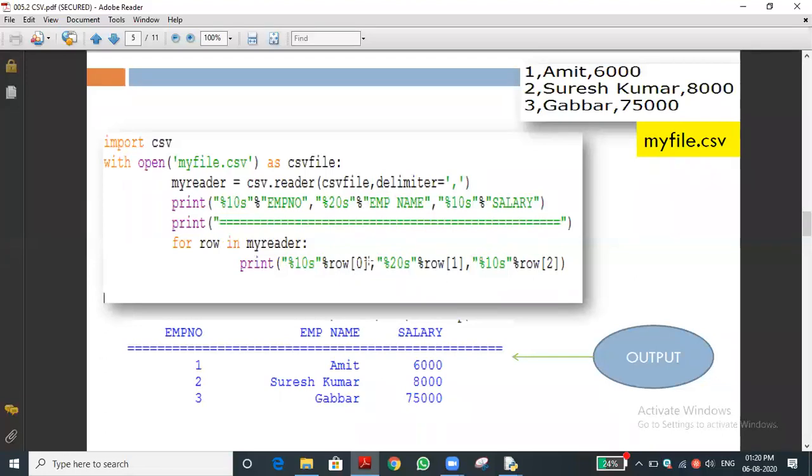What is row of 0? Row of 0 is the first column, 1 means name, 2 means salary, in that example. In our file, how many data items did we store? In our example program, roll number, name, class, group, mobile number. So row of 0 denotes roll number, row of 1 means name, row of 2